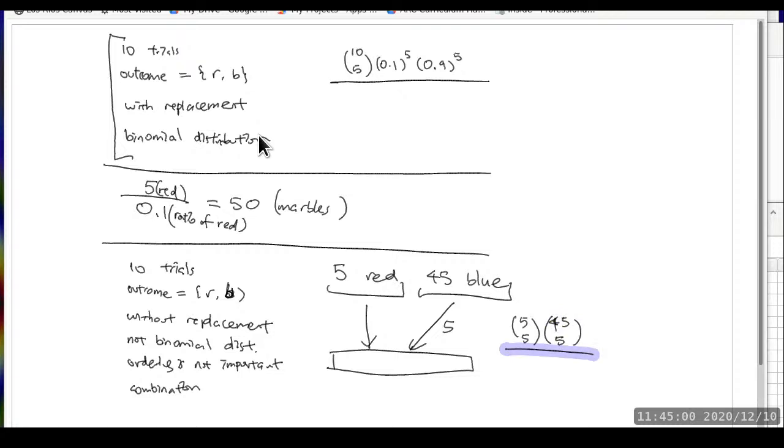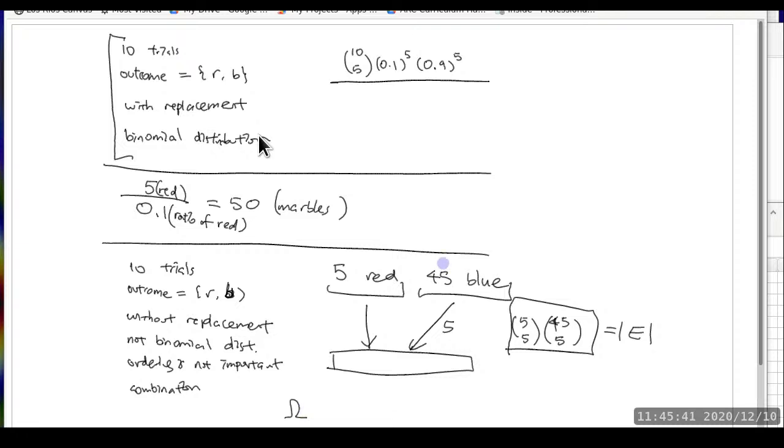Okay, so this number is giving you the total number of outcomes where ordering is not important, to have 5 out of 5 red marbles and 5 out of 45 blue marbles. So that is not a probability. Okay, this is basically the cardinality of the event. Because the event that we're interested in is to end up with 5 red marbles and 5 blue marbles where ordering is not important. Now we need to look at omega. In other words, what is omega going to look like? Well, omega is going to look like